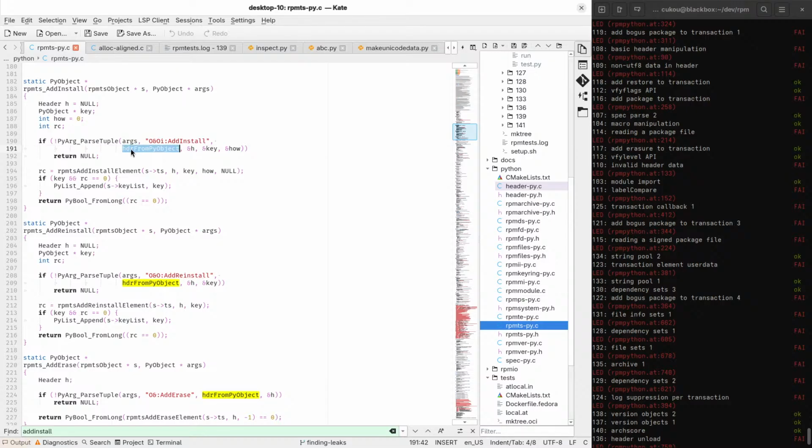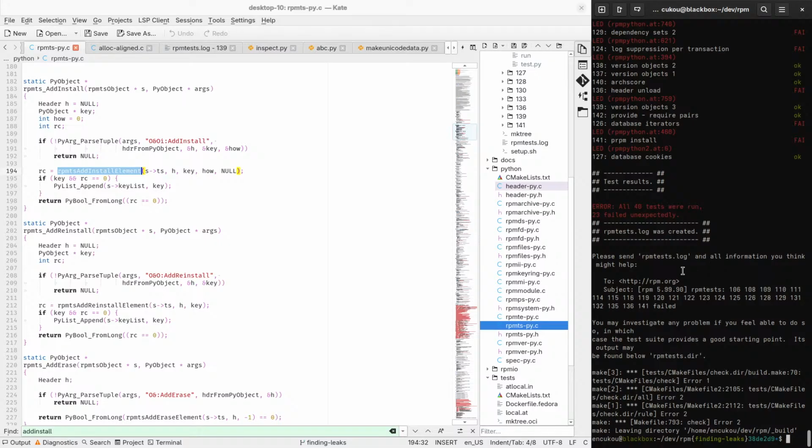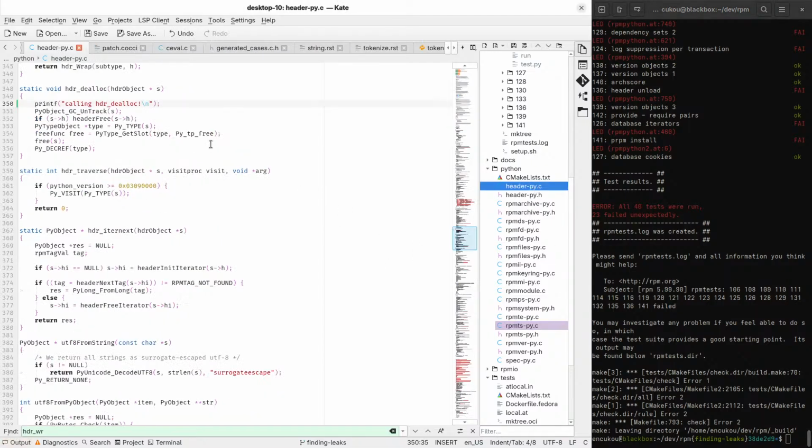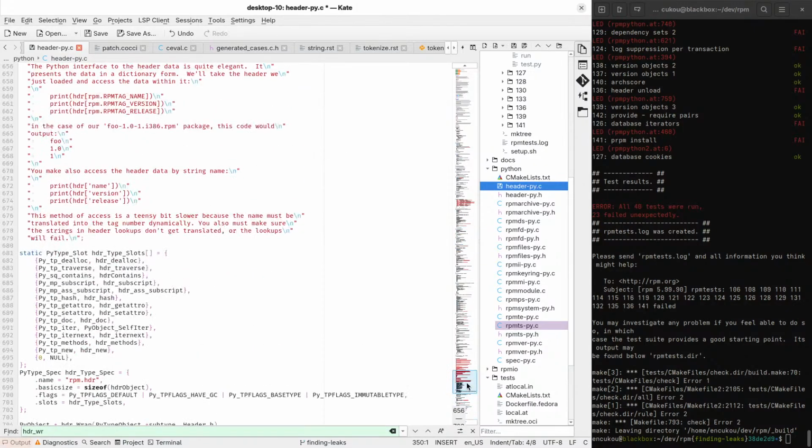Oh, this calls header from PyObject. And it adds an install element with that header. That didn't help. And what's keeping this header alive?